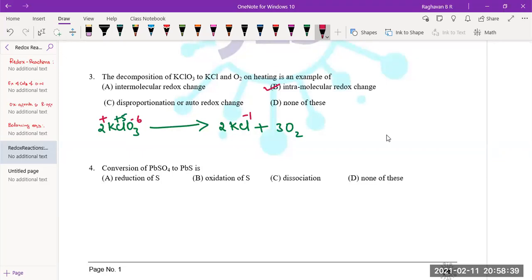It is not disproportionation because in a disproportionation reaction, simultaneous oxidation and reduction of a particular atom of an element takes place to form products. So Cl should be there in both the products. Then only it is called disproportionation. I think you have understood the reason. Yes, sir. Okay. If you want, I can give you one more example. So I just say here, Cl or oxygen.